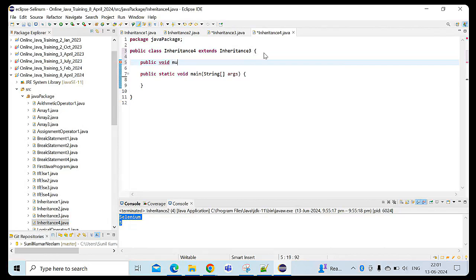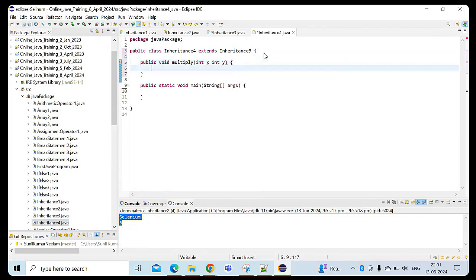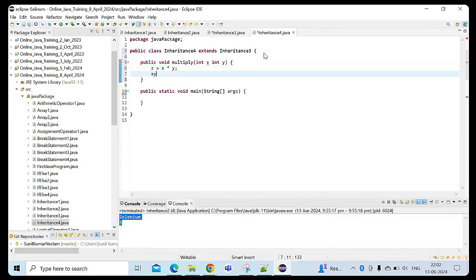Public void multiply, int x, int y. That means int x multiply y. Now sys out, product of... our product is